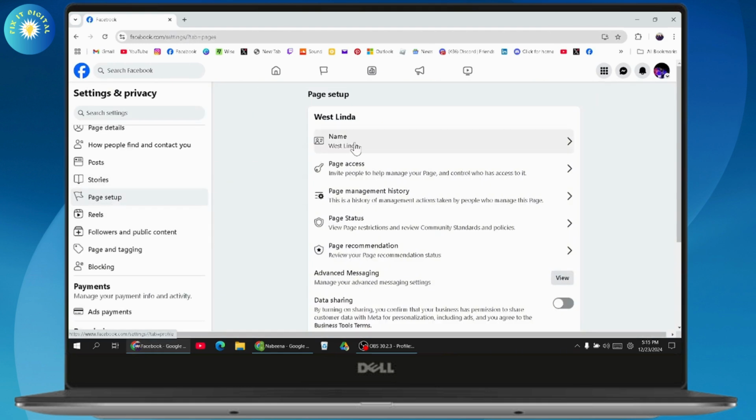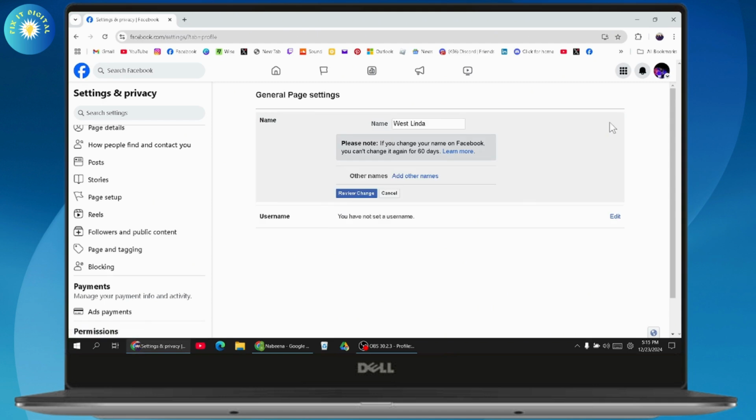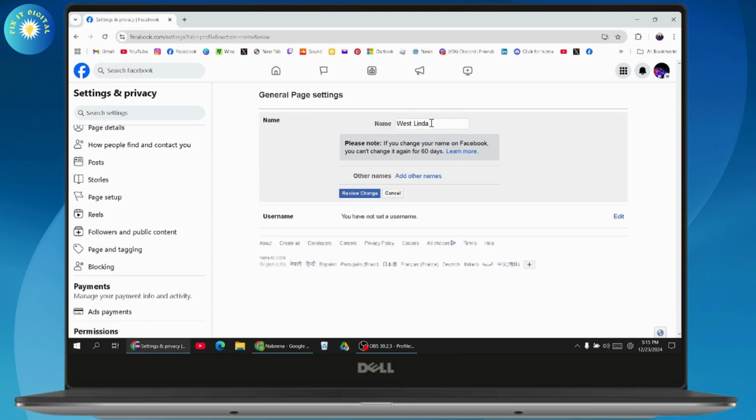Click on page setup, go with name option, which is on the first, and go with edit, which is on the right side of the name option. Just click on edit, and from here you can remove the name that you have right now and add another name. So just change your name and click on review change,